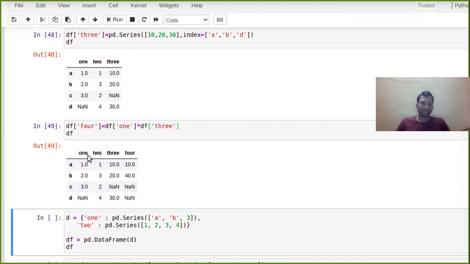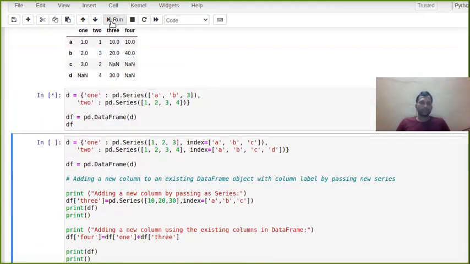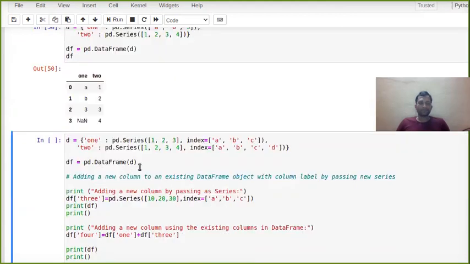Now you see 1, 2, 3, 4. Here we had 1 and 10, so it gave 10. Here we had 2 and 20, so it gave 40. Here it does not find anything, so it gave none, because 3 into none is none. Pandas is telling us none means it does not know. So none into 30 is also none. Okay, let's come to a new example.